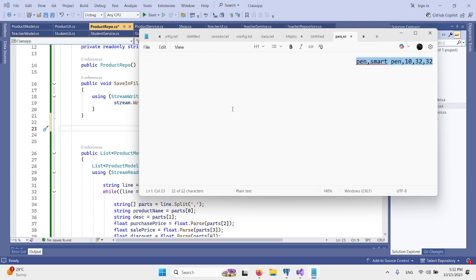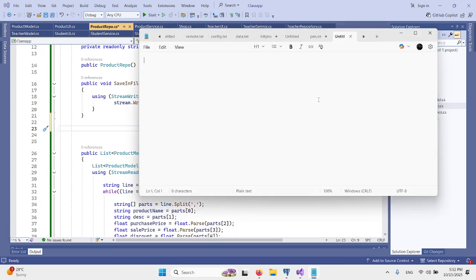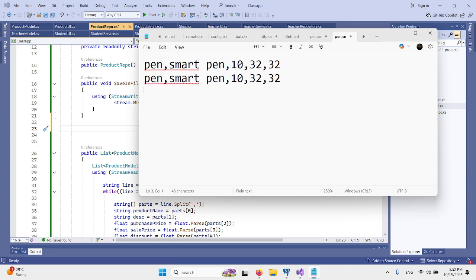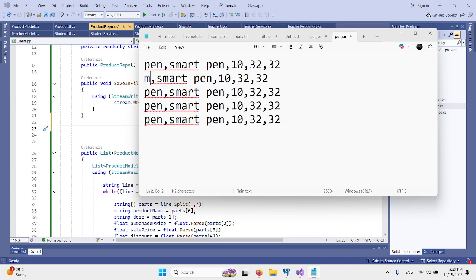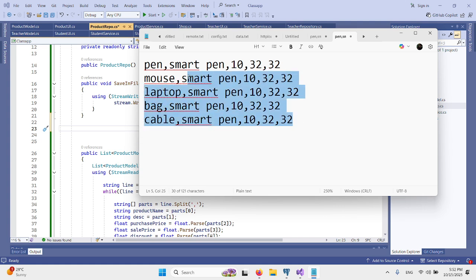This is the data. This is one record, this is two records, three records, four records. For example, let's say mouse, laptop, bag, anything like cable. So we have all these records in the file.